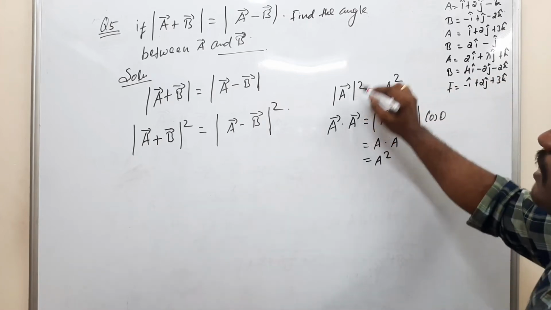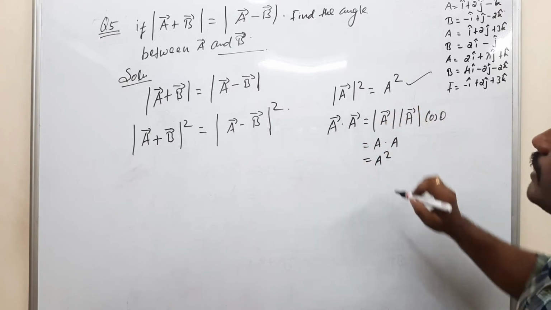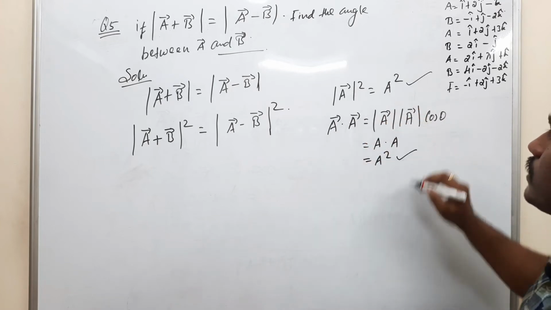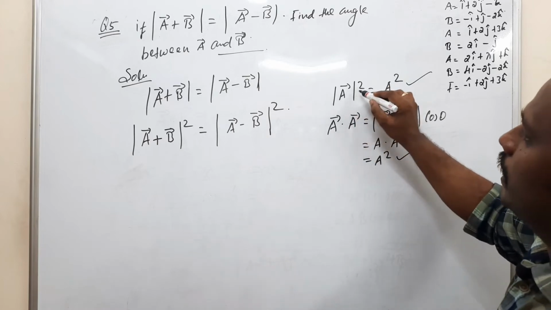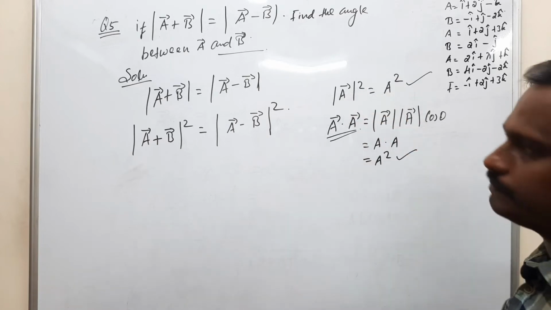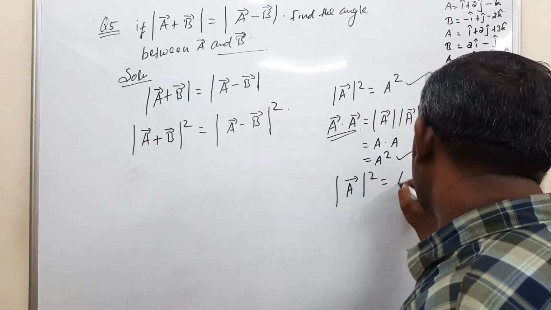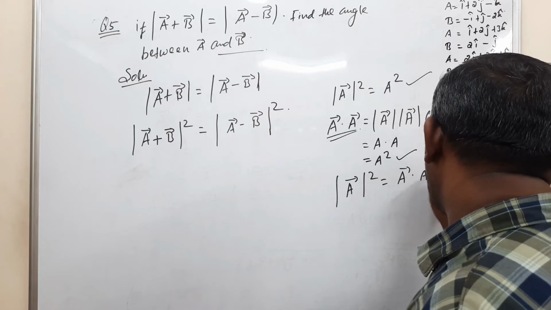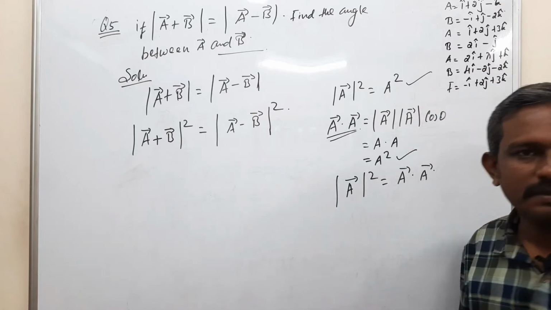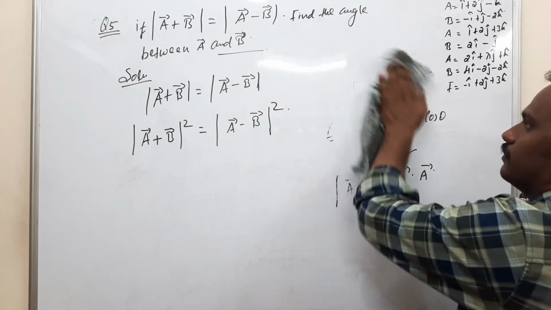So modulus of A vector square is A square, and A vector dot A vector also gives A square. Therefore we can write modulus of A vector square is equal to A vector dot A vector. Clear? So by using this result here,